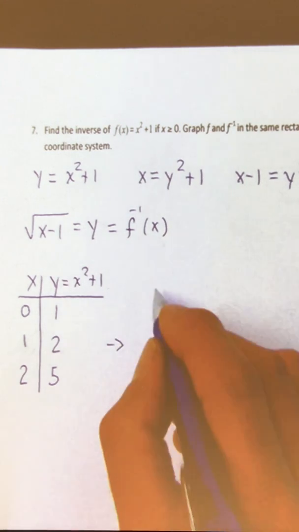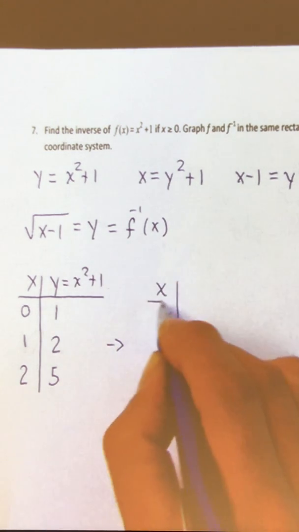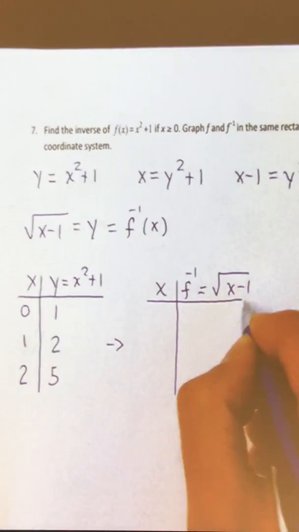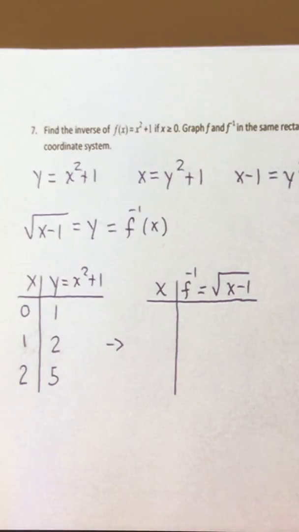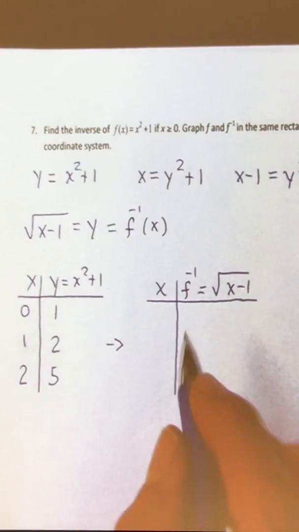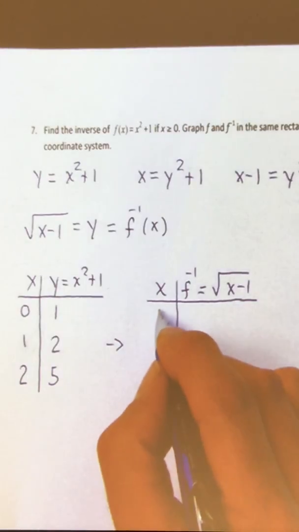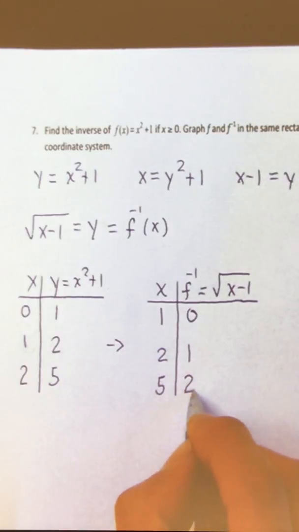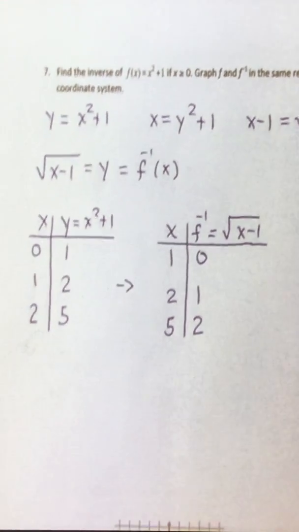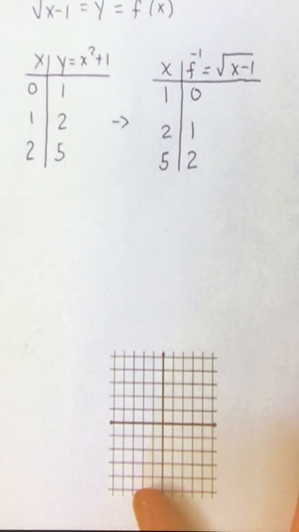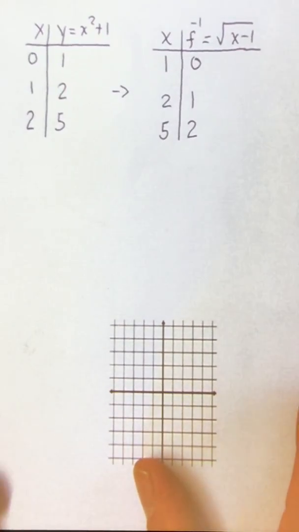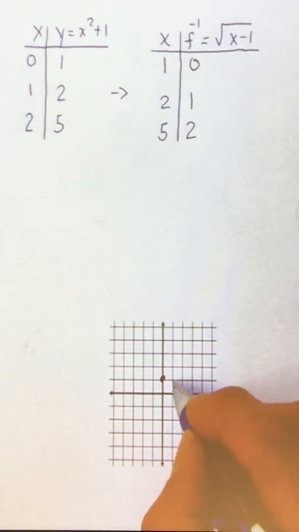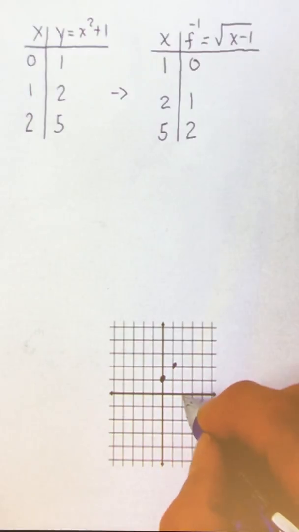Now to produce the inverse function, f inverse, which is the square root of x minus 1, we can simply interchange the x and y values to obtain the new ordered pairs on the graph of f inverse. So we'll have 1, 0, 2, 1, and 5, 2. Now we'll take those points and we'll plot each function down here on the coordinate system, and we'll have the graph. So 0, 1 is here, and 1, 2 is here, and 2, 5